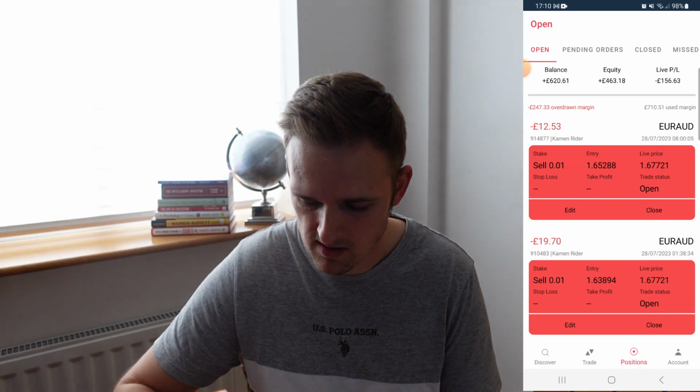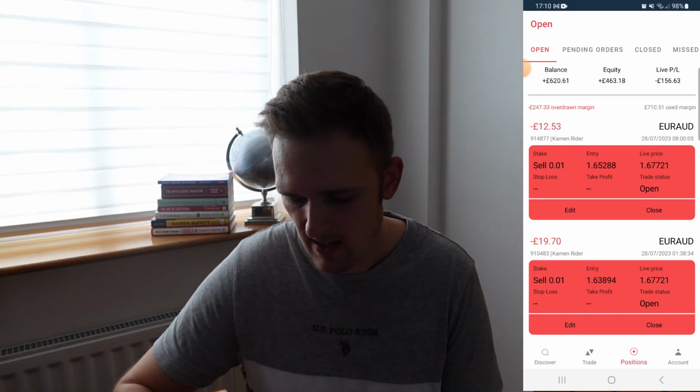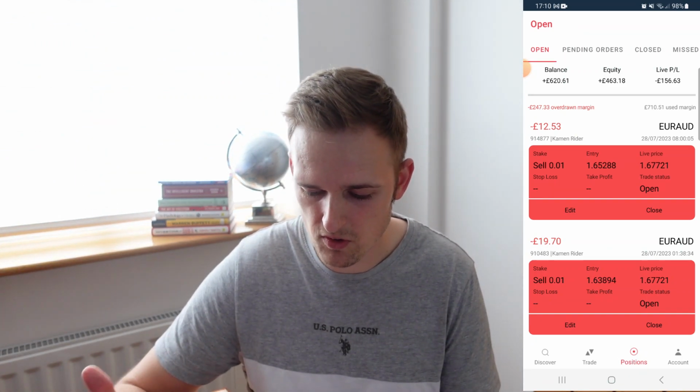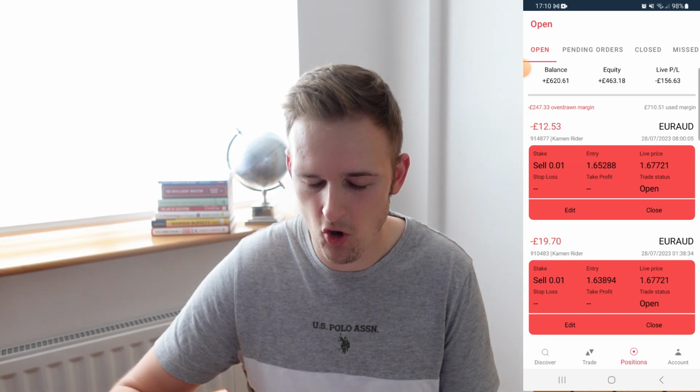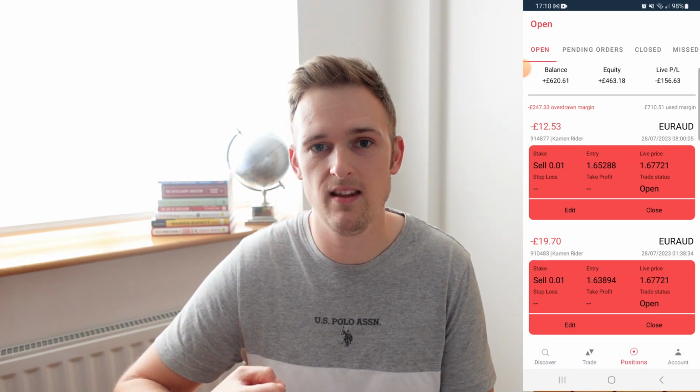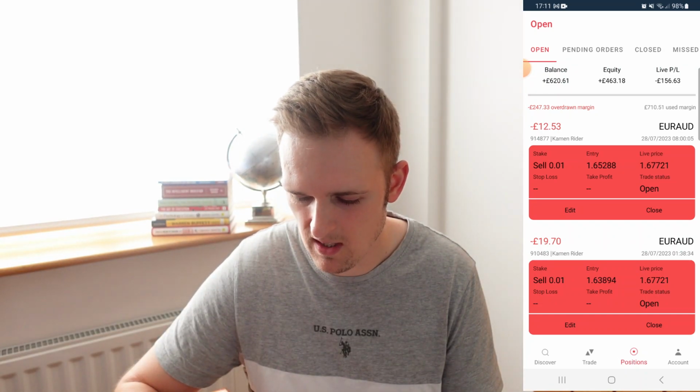weeks in using this. I started with a £400 balance, and it's now at £620.61. So I'm £220.61 up. That's an average of £110.30 per week there. Now, if you look at the middle amount there, equity, that says plus